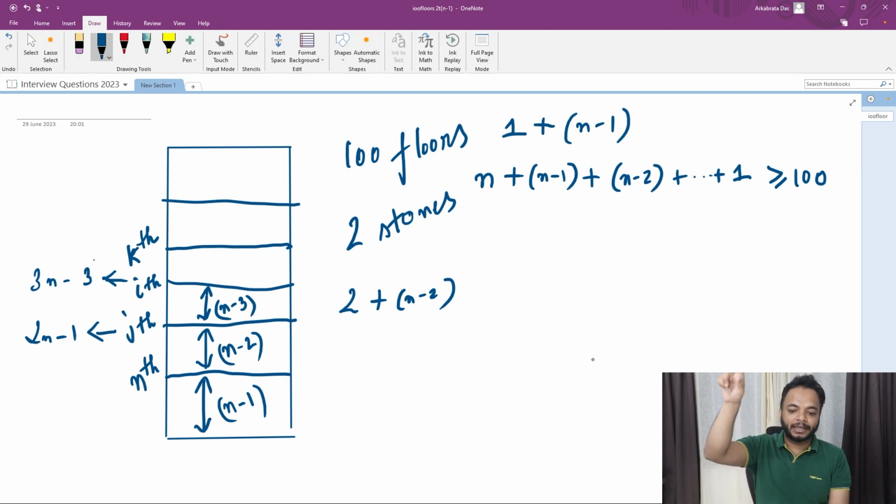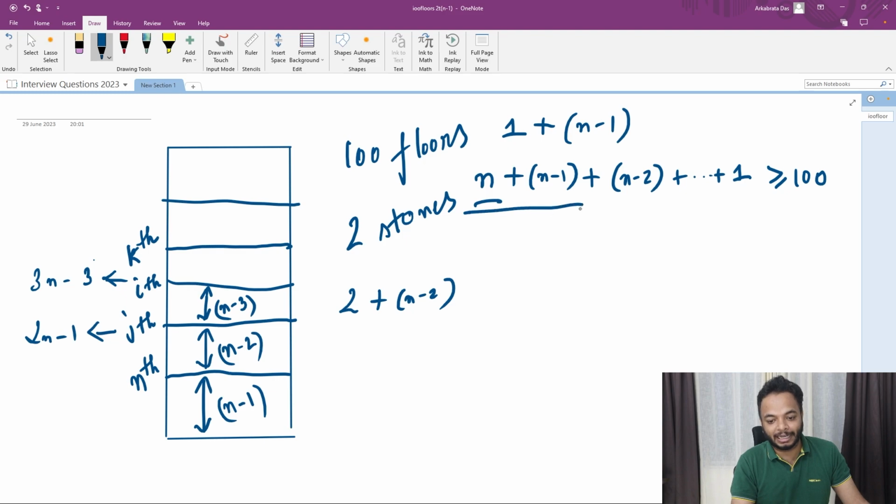And so the gap decreases. So the first time I am throwing it from the nth floor; the second time, if it doesn't break, I am throwing it from the n plus n minus 1th floor. If it doesn't break, then I am throwing it from n plus n minus 1 plus n minus 2th floor. Like this,